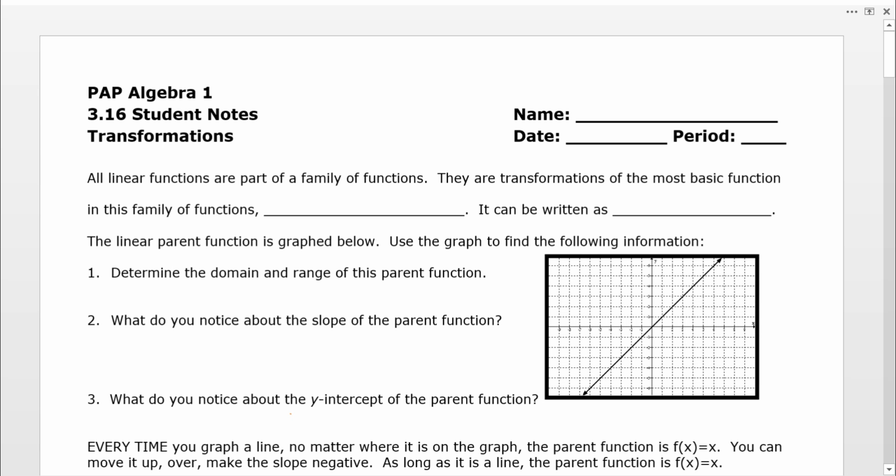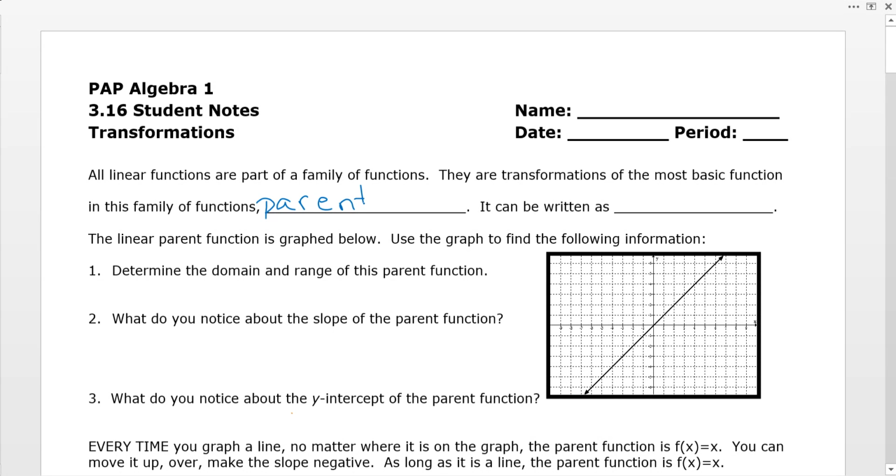Okay, transformations. Hopefully I can make this make sense. There are a lot of notes on it, but I don't know that we need to go over all of this too much. So let's just go ahead. Okay, so the family of functions,